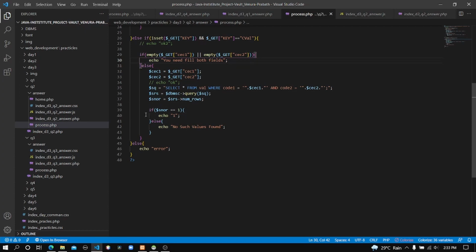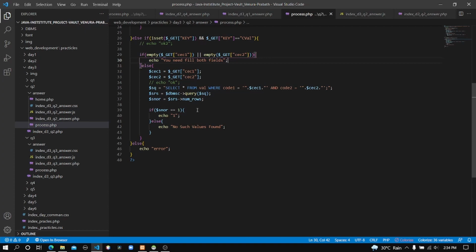After that, here you can see there's another if condition. It will check whether the SNOR, that means the number of rows in the result set, is equal to 1. If the number of rows is equal to 1, that means there's a record related to the details the user added to the check value input fields.